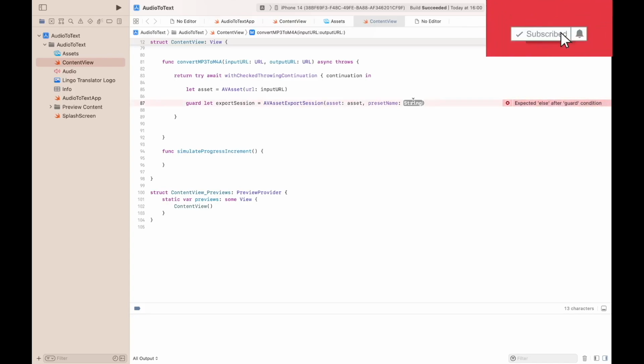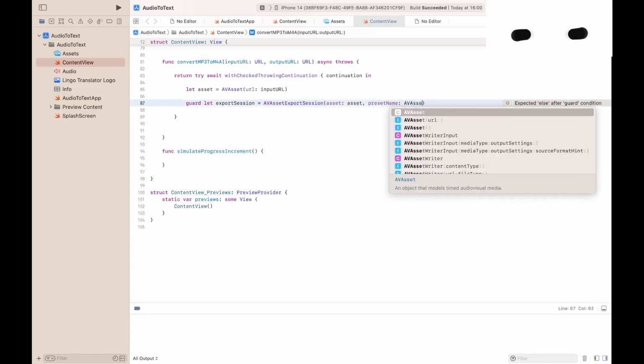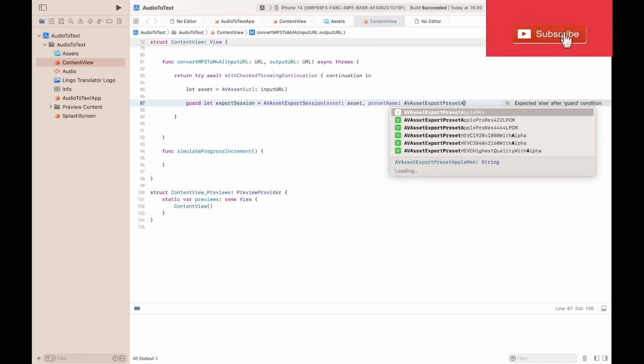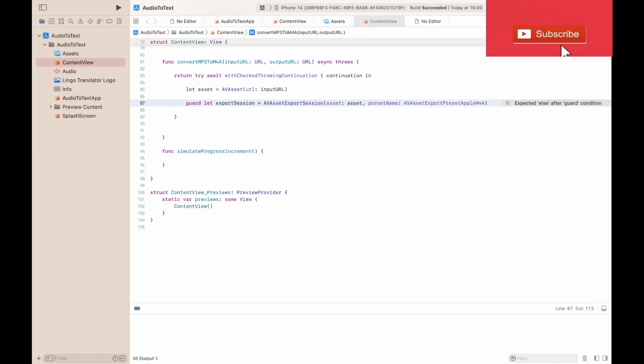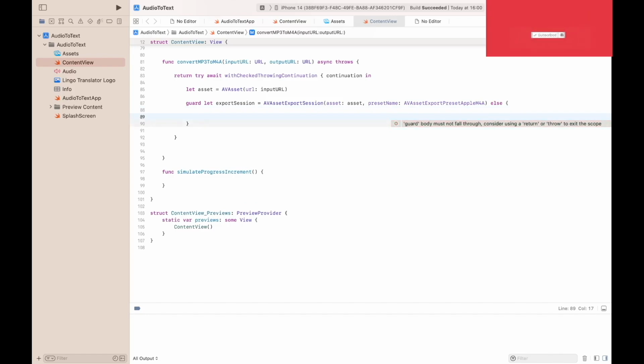and then we pass our AVAssetExportPresetAppleM4A constant, and then